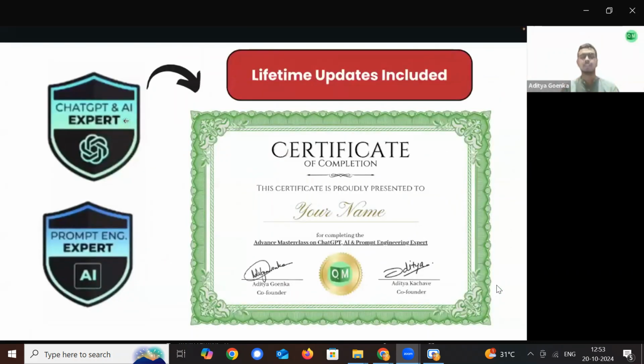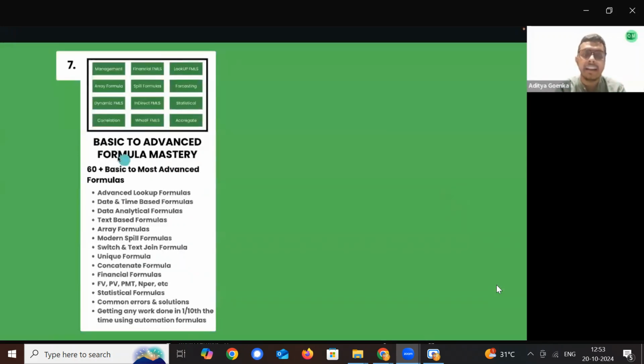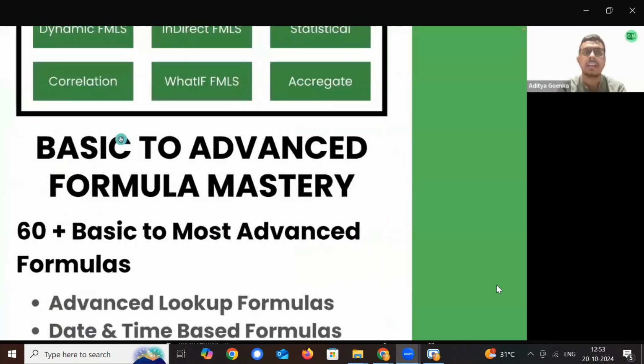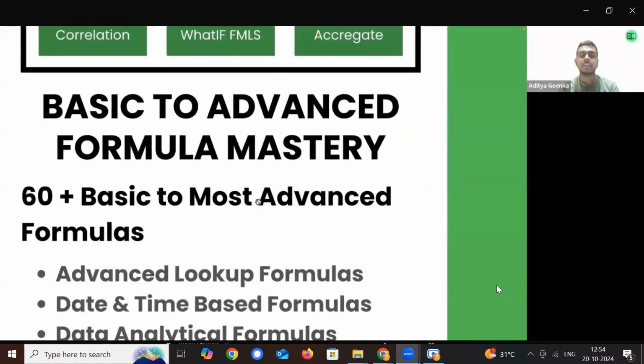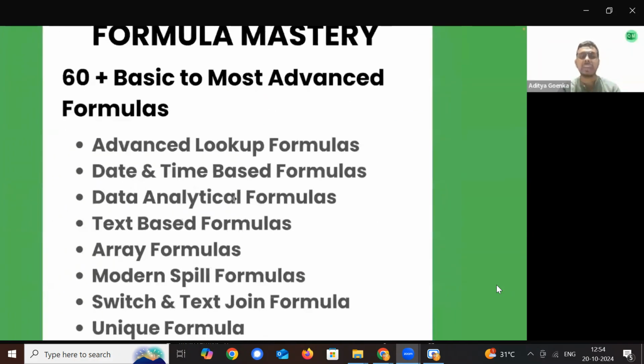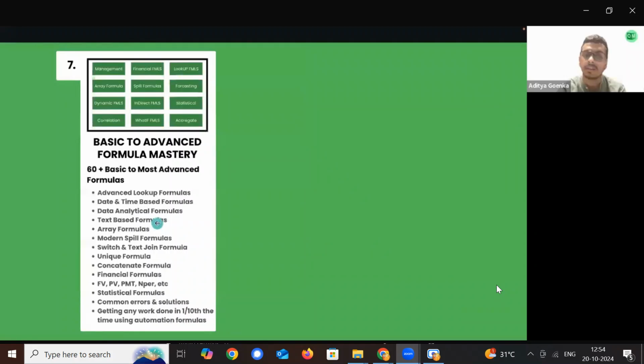Once we are done with everything about ChatGPT, AI, and prompt engineering, we'll be moving on to learning everything about skill number 2. What is it? Which is learning everything right from basics of Microsoft Excel to advanced Excel. For that, firstly, we'll be learning in the seventh course everything from basics to advanced of formulas mastery. I'm talking about management formulas, financial formulas, lookup formulas, array formulas, fill formulas. Basically, all of these advanced formulas, you will be learning everything about it in this seventh course, right from basics